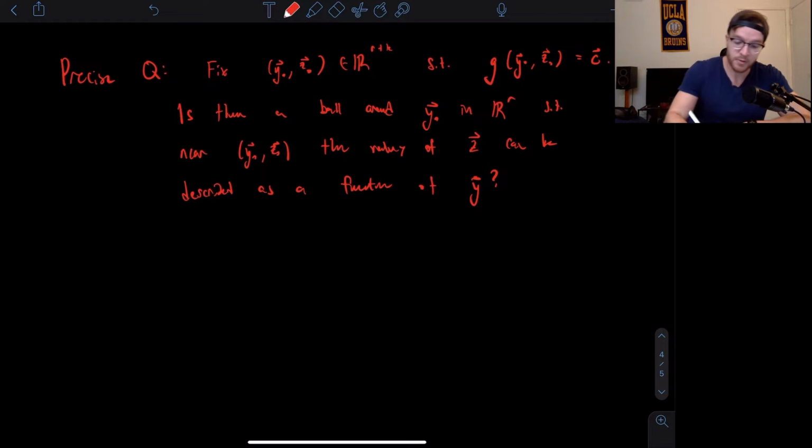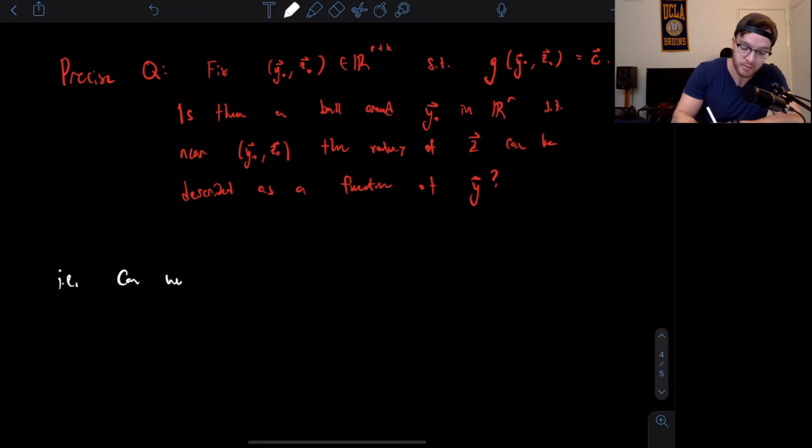Okay, in other words, to think about this a little bit more geometrically in relation to our circle example, can we describe the set of points